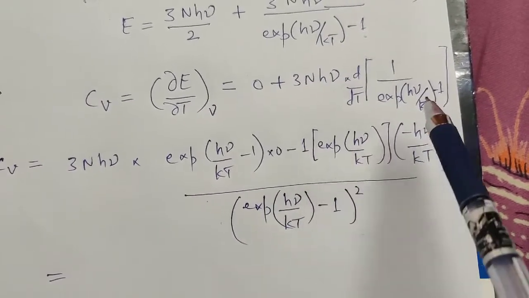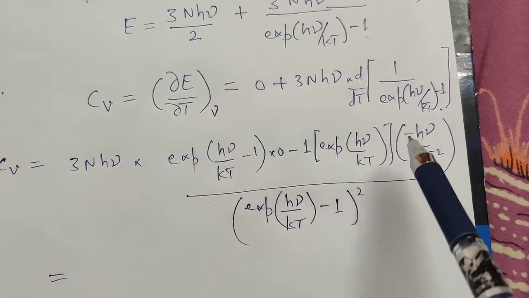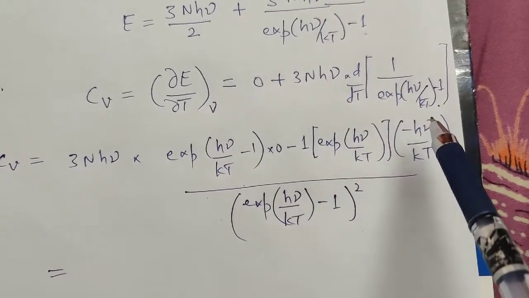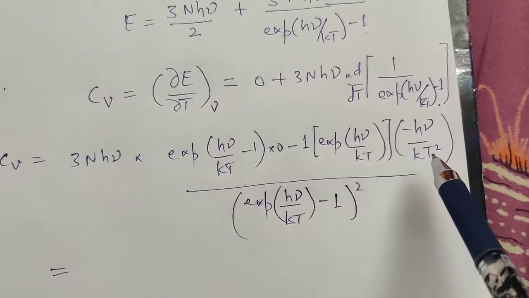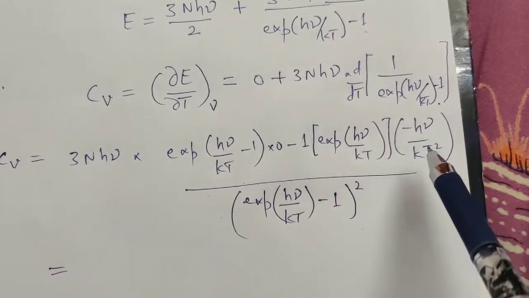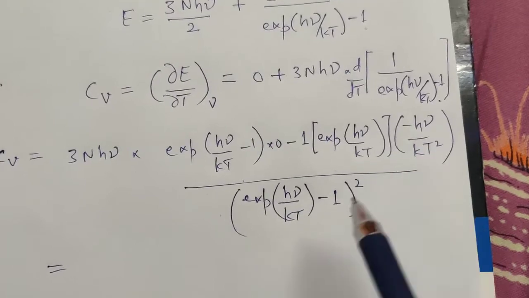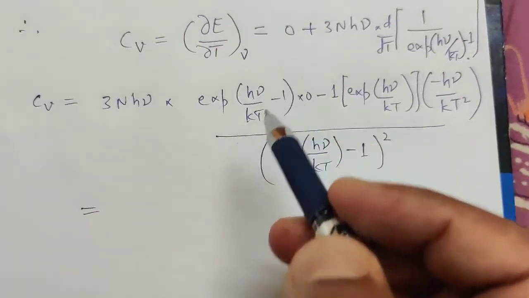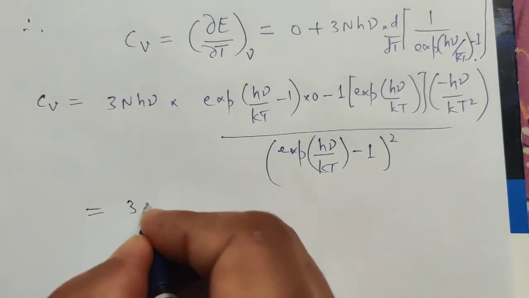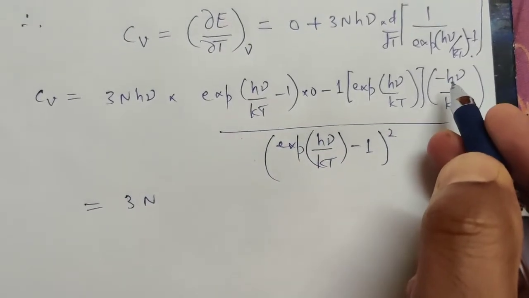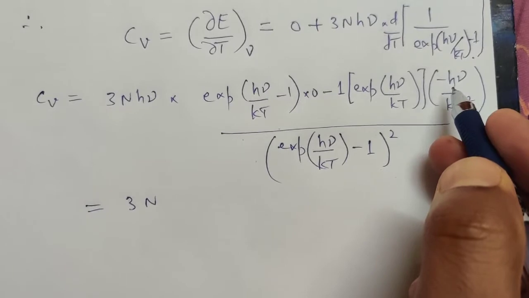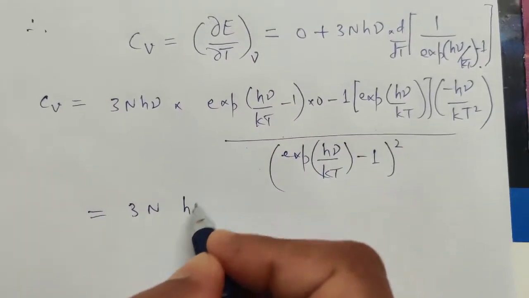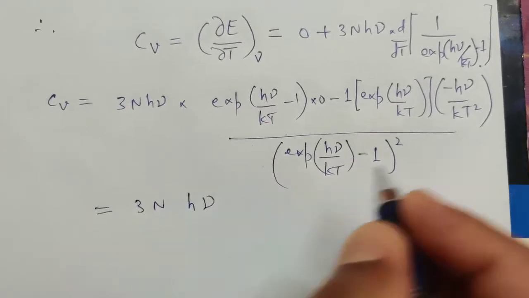When you differentiate this, it will be this exponential of this, and because it is differentiated by T, this will be minus 1 by T square, and 1 into this constant, and this term will be 0, so this will be 3n, because here h nu will be squared, minus minus plus, this will be h nu by k whole square, and